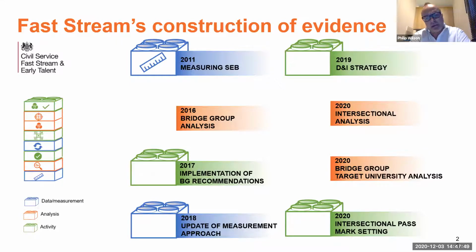We kicked things off about 2011. We really wanted to try to get on top of this issue of social mobility and have a good, clear way of measuring socioeconomic background. We chose, in fact, to go with the occupation approach. That seemed to make sense. It seemed to align with other approaches that were being undertaken with the Office of National Statistics or UCAS and other bodies that were using occupation. So delighted to press on with that.